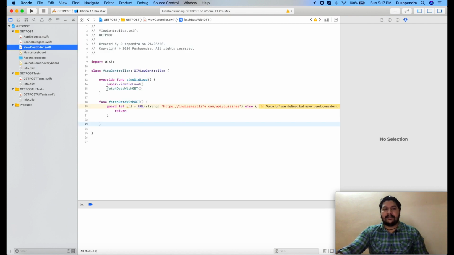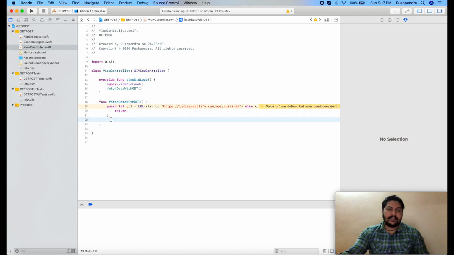Here I have created one function, okay, fetch data with get method. This is my URL, okay. I am validating first whether the URL is valid or not. After that it will return me the valid URL. Now I will create one request for fetching the data from the backend services, okay. So that was the theoretical description. Now I will tell you programmatically how you can do it with very quick steps.